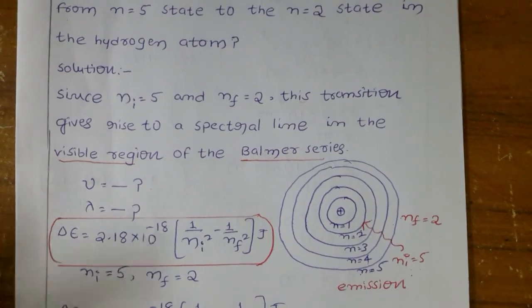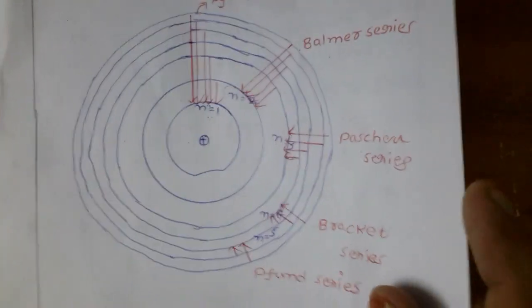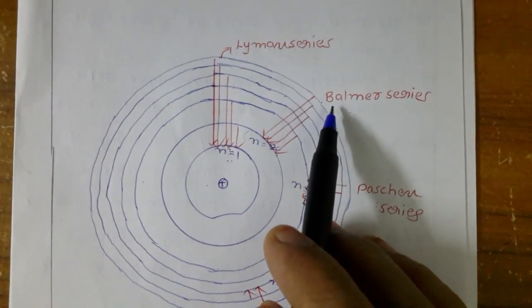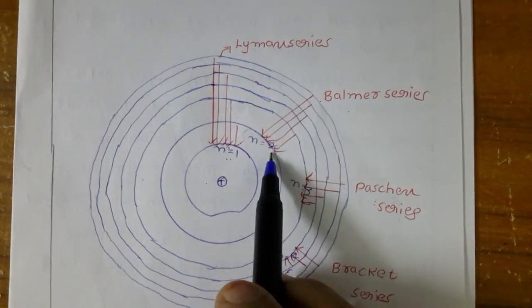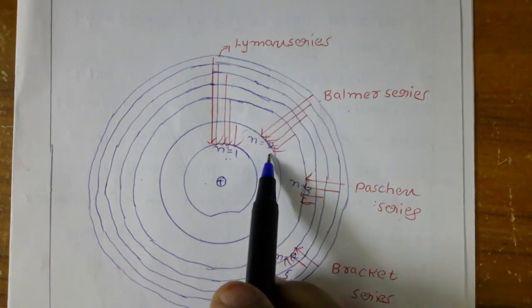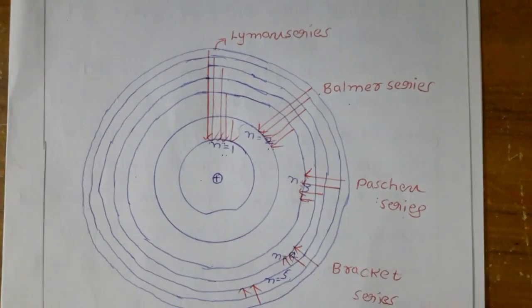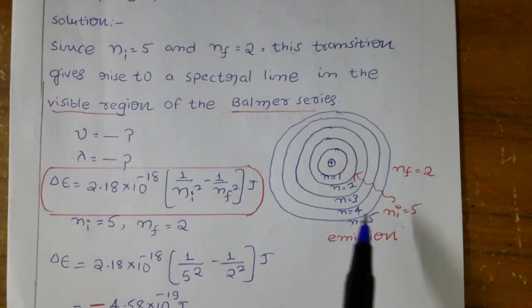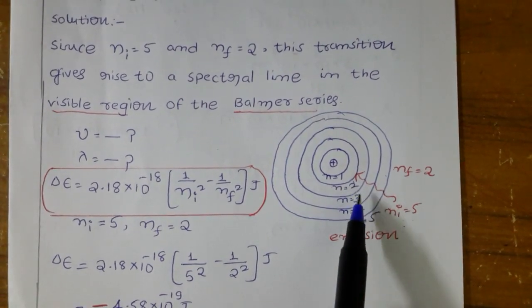Now if you recollect our hydrogen line spectrum, the electron may be somewhere in an upper orbit, we don't know, but here the upper orbit they mention is the fifth orbit. If it jumps to n equal to 2, which series are we going to obtain? Balmer series. So we have to see the final one. If the final is 2, it indicates the Balmer series. So from the question I can confirm: the electron from the fifth orbit stops at n equal to 2, which means Balmer series.